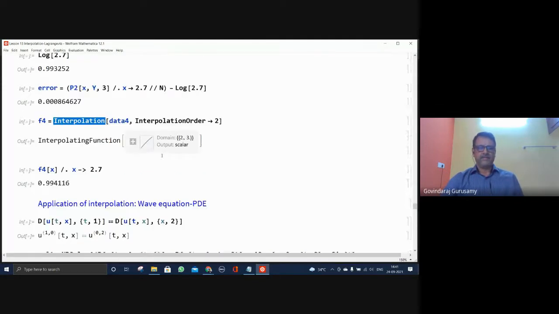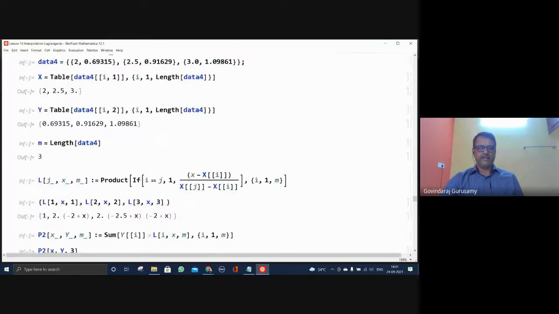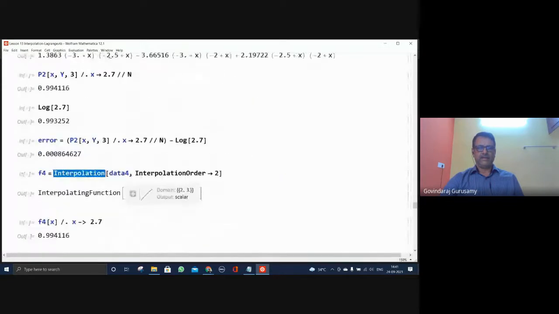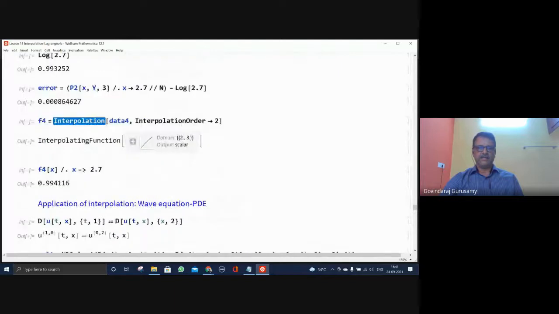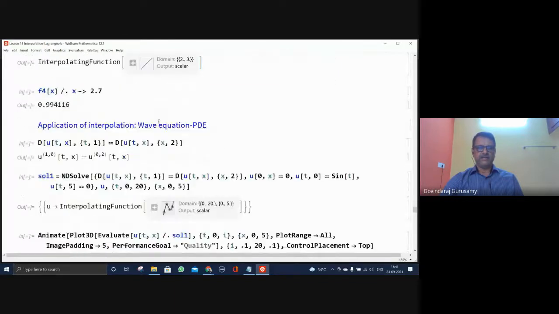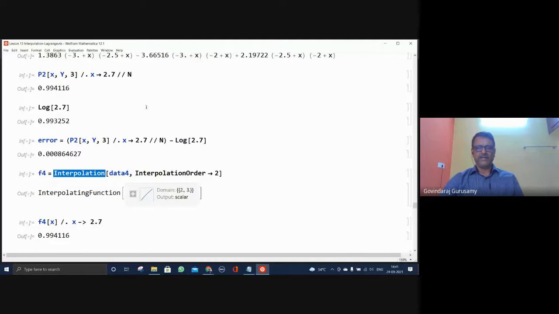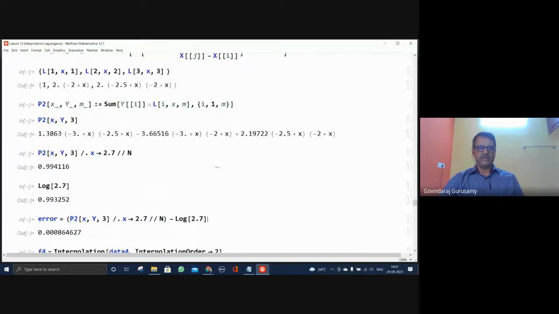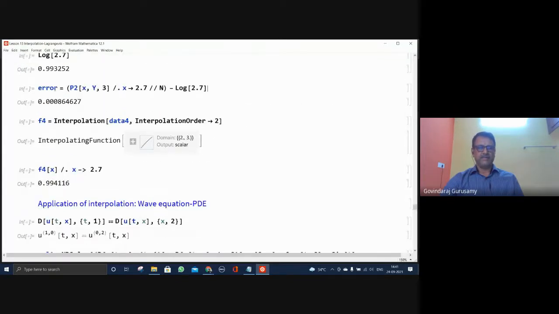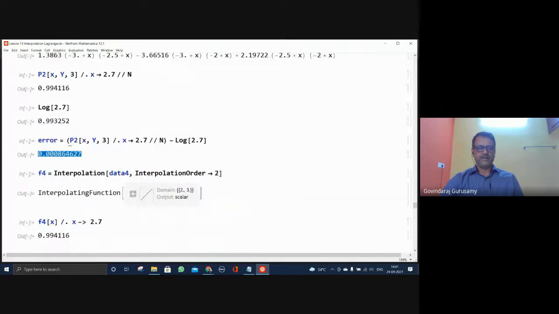So now we can see that everything can be found consistently. They have only not taken the error expression, which you can try. Otherwise, at a later stage I will show you how to do it. I have not spent time on that, just on getting those numbers, but here is the error. This number can be obtained by using error analysis, but this is directly taking the log. So in Mathematica, log without any base implies log base e.